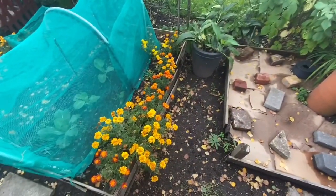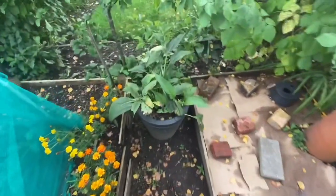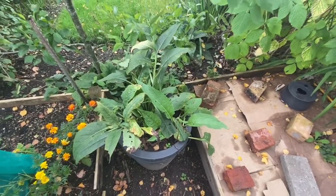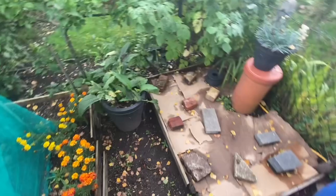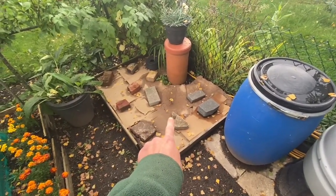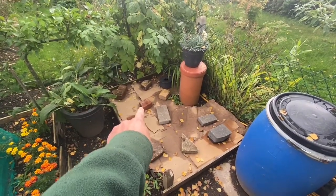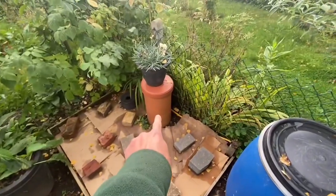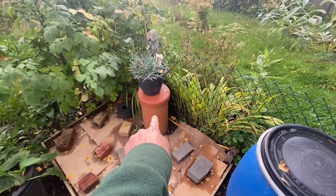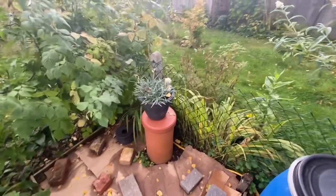More marigolds. Comfreys have sort of perked up now with all the rain we've had over the last few days. This is where I had a few turnips before, and there's a rhubarb underneath there. That pot hasn't got anything. I did try and force the rhubarb, but it didn't really work out, so I've just put that pot there and put this